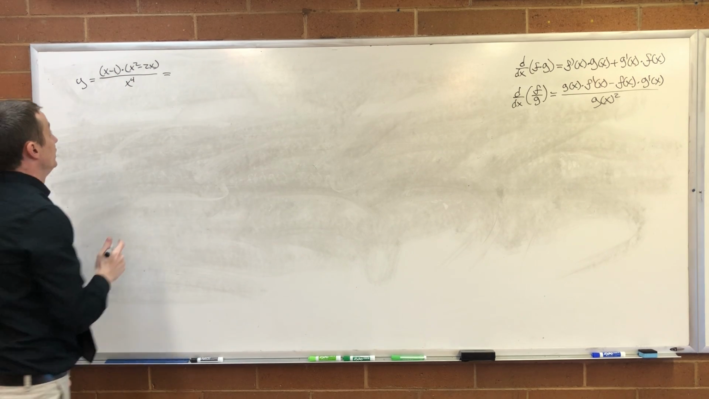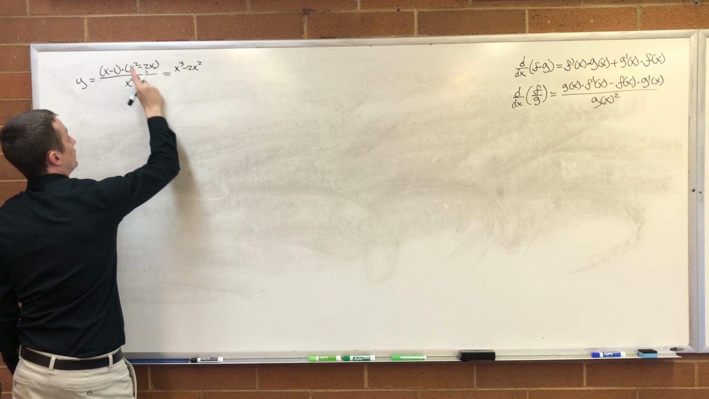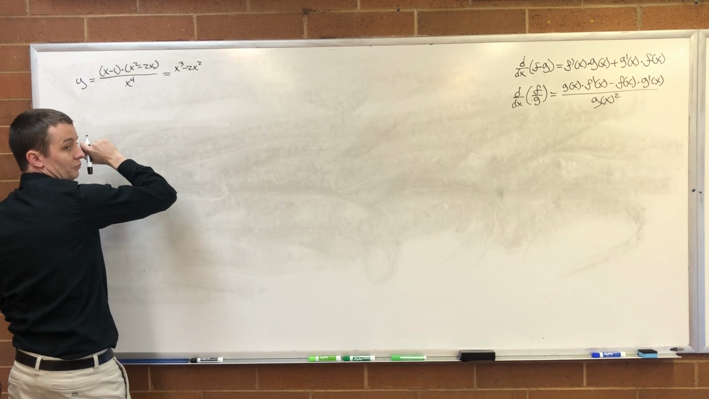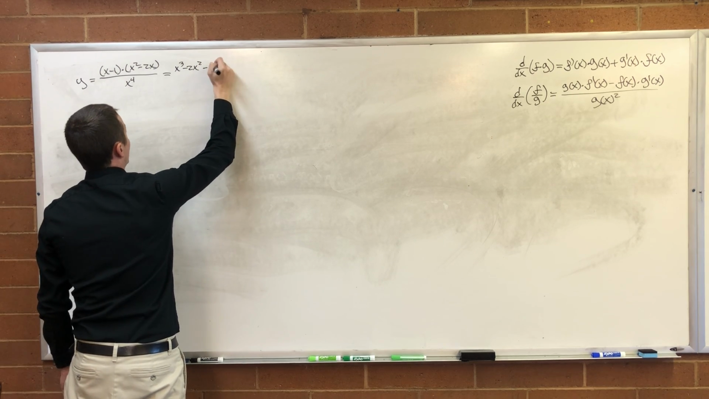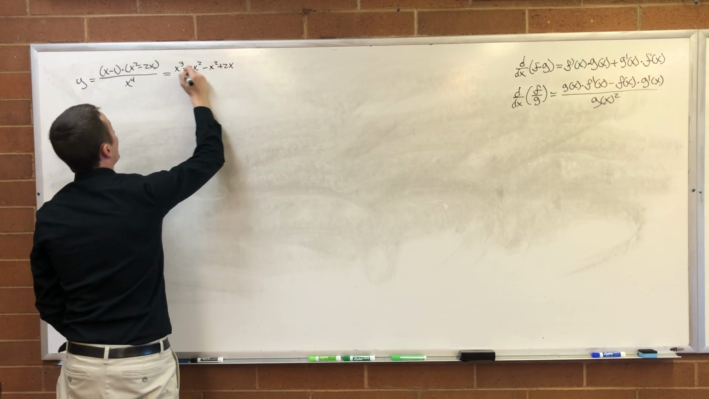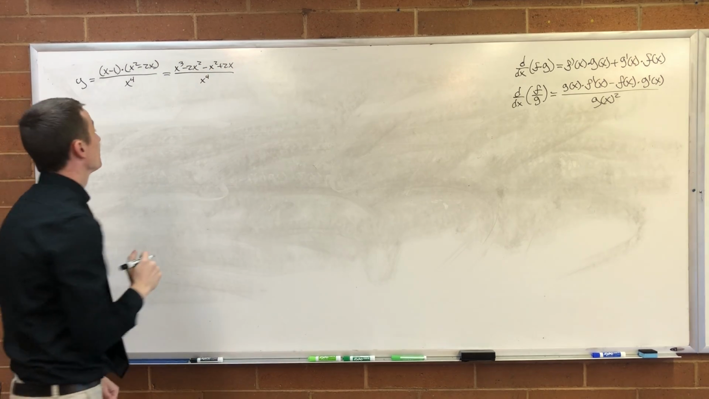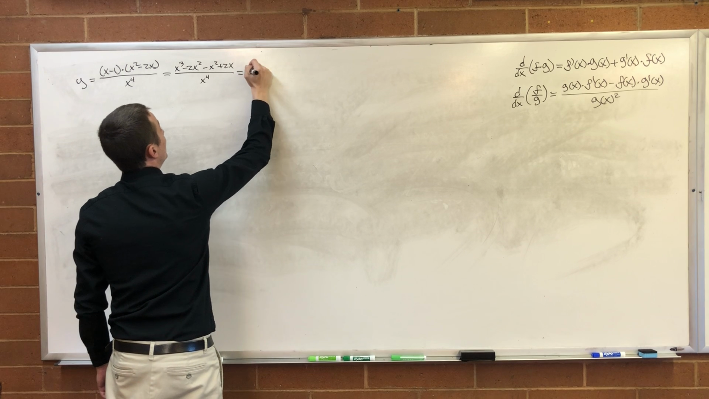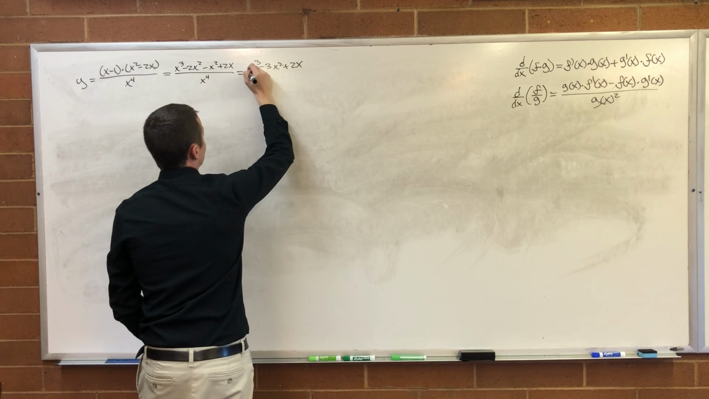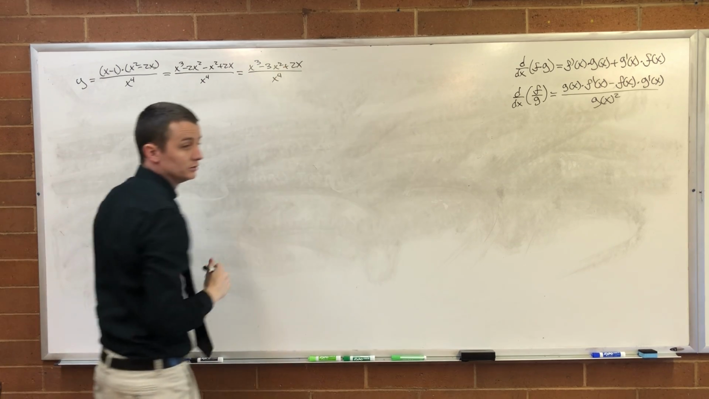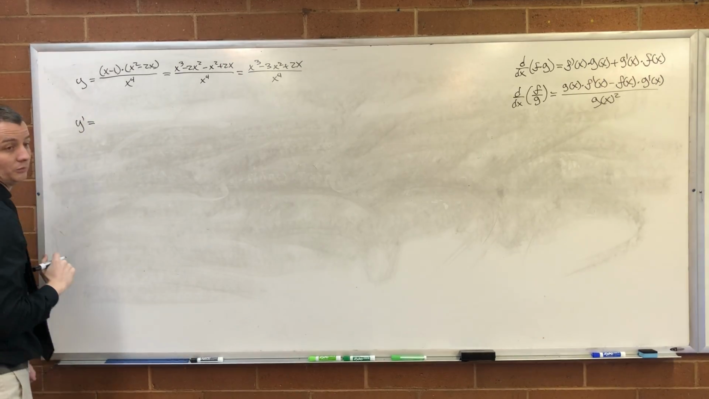Multiply the x through this thing, and we're going to get x cubed minus 2x squared. That's distributing the x through, right? Now distribute the negative 1 through. We're going to get minus x squared plus 2x all over x to the 4, which is equal to x cubed minus 3x squared plus 2x all over x to the 4. So now y prime is equal to,